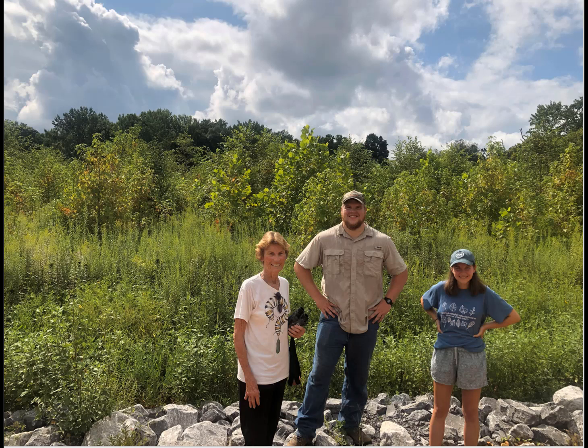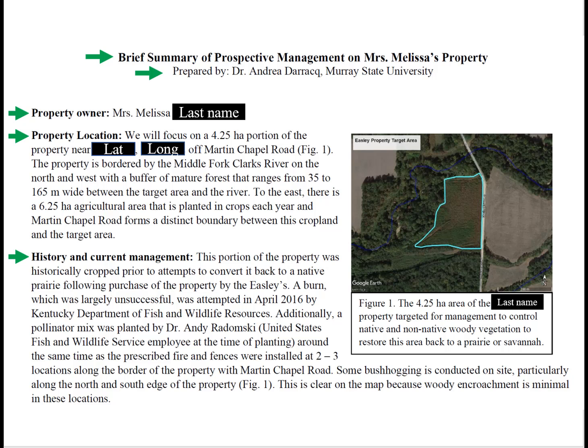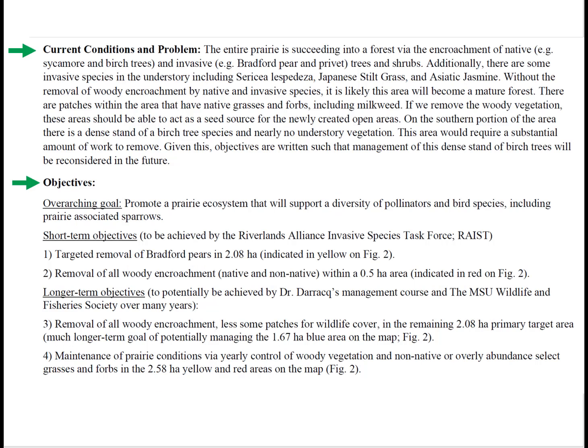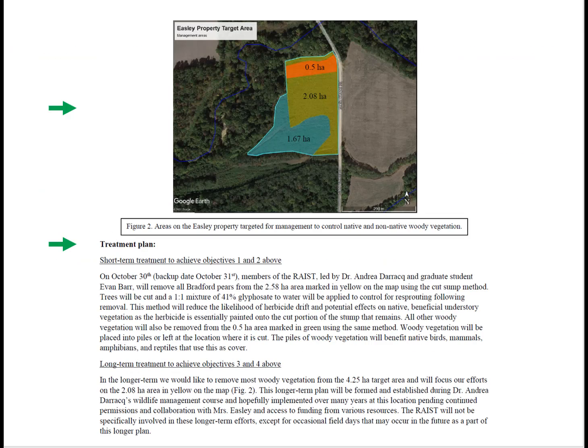To make this plan, at least the team leader will need to visit the property with the landowner and potentially without the landowner to walk the property and determine the extent of invasive species problems. The plan should include a title, who it was prepared by, the property owner's name or names, the property location along with the map, information on the history and current management occurring on the site, current conditions and problems, objectives, which may include short and long-term objectives depending on the severity of the problem, and finally, a treatment plan with